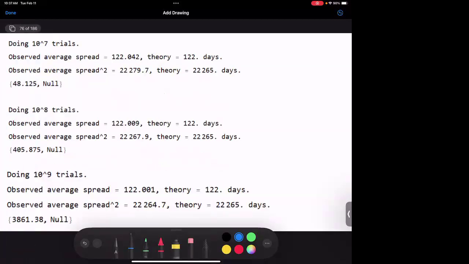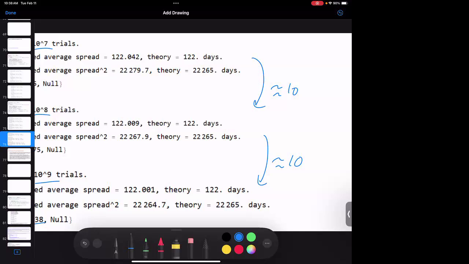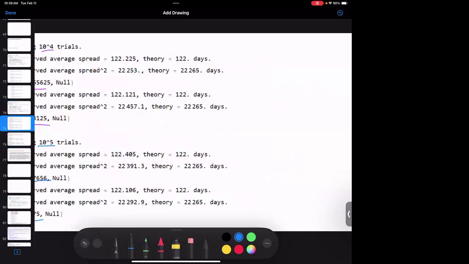If I go up even further, I'm now going to just look at the faster one. If I go from 10 to the 7, that was about 48 seconds, 10 to the 8th, about 405, 10 to the 9th, 3861. These are roughly factors of 10, which is what you would expect when you run it 10 times longer. So this is telling us this is a much better way to do things. When you're trying to get data to make conjectures, the more data you get, the better. So if you're going to do coding, you need to have some efficiency, or it's going to greatly hinder how much you can do. Most of us are not that patient to wait,